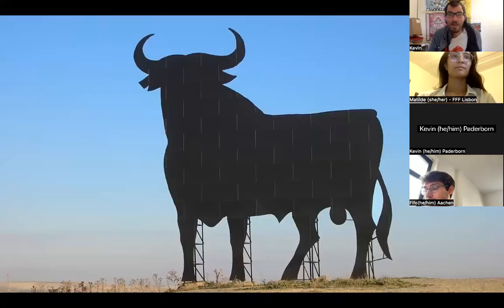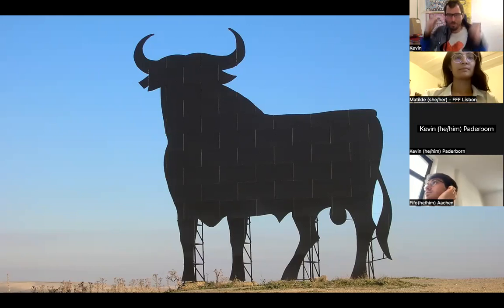And also I want to talk about how you can subvert symbols. I'm sure universities have their own logos, even departments probably have their own logos, things like that. Here's just an example in Spain. This is one of the traditional images of Spain. It's a powerful bull with big balls,